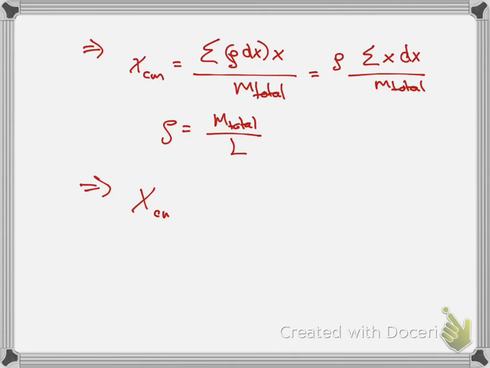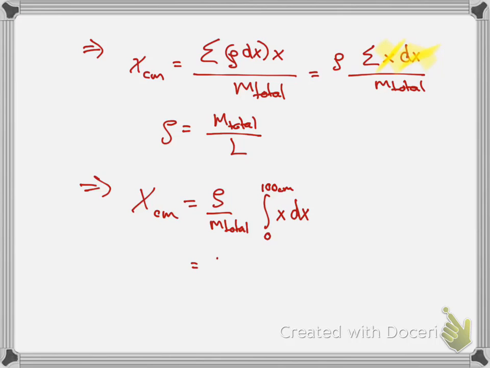So therefore, the center of mass of the meter stick is what's called an infinite sum, because remember, we made these dx's infinitesimally small, so we had an infinite number of them. They still go from 0 to 100, or 1 meter. But this is an infinite sum, which is called an integral. So we've got rho over mass total times the integral of x dx. And we're going to add that up from a position, because x is a position, from 0 to 100 centimeters. We'll do it in centimeters.